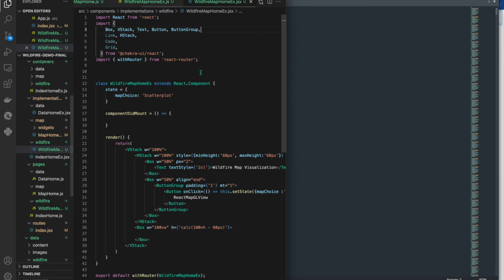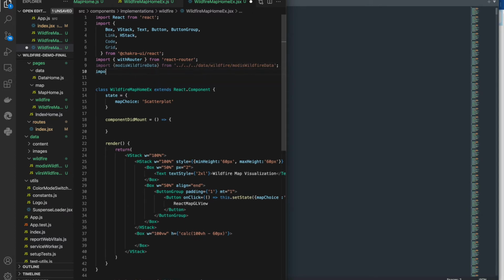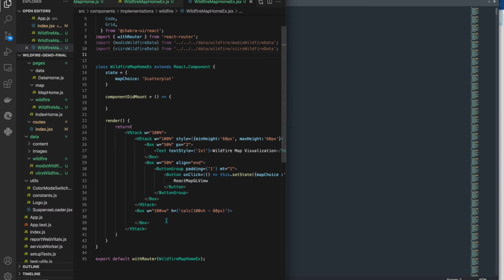Let me close this here, and then this one. So now this is the place where we have this data. So I will try to import those data files here so we could access them. So import Modis wildfire data from data wildfire, and it's a Modis. Same thing, import VIIRS wildfire data from data wildfire VIIRS. So both of these components are loaded,